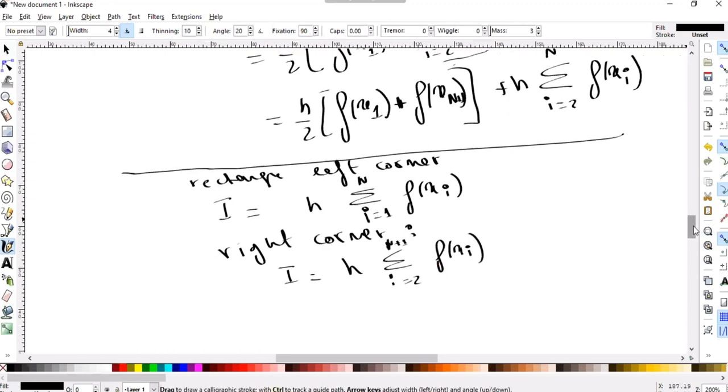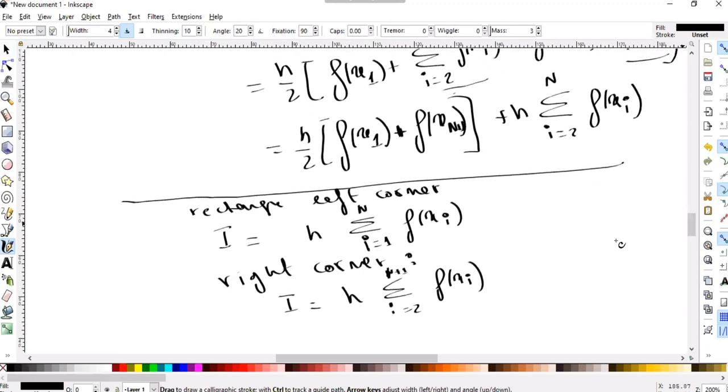So if you compare now the two methods with this one, you find out that